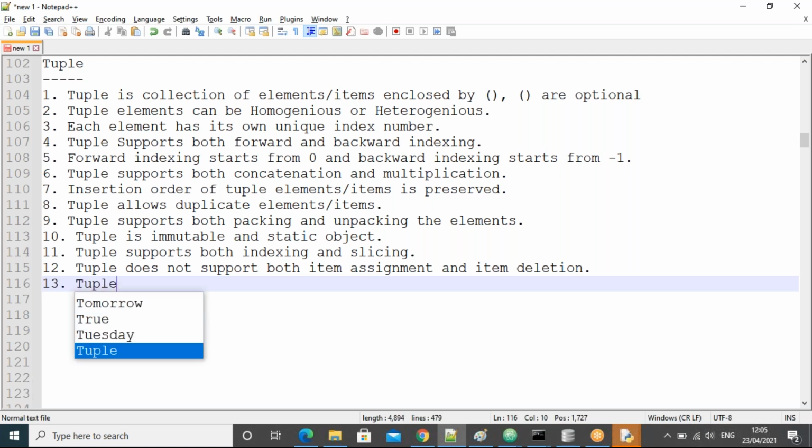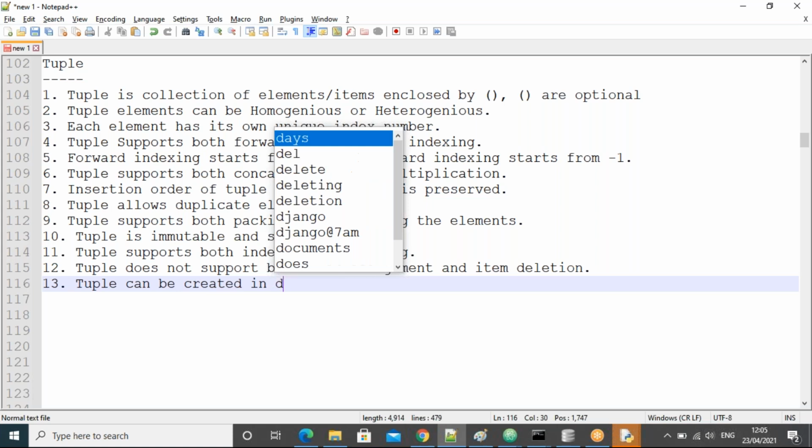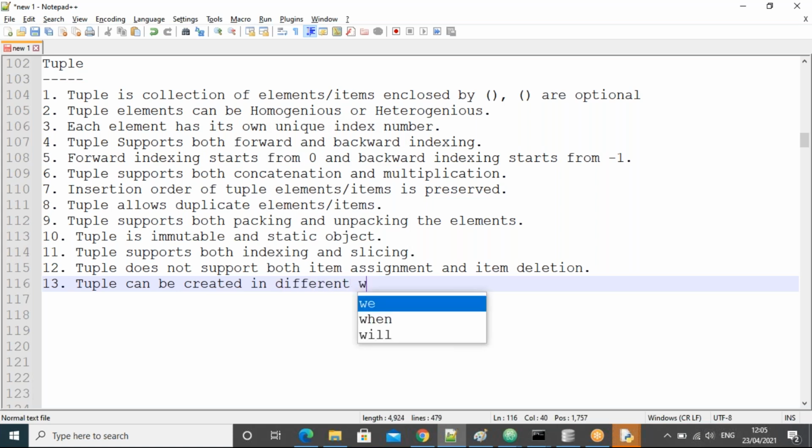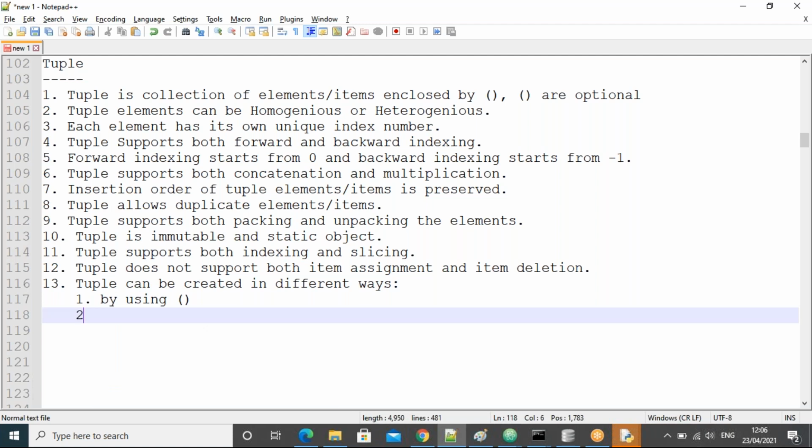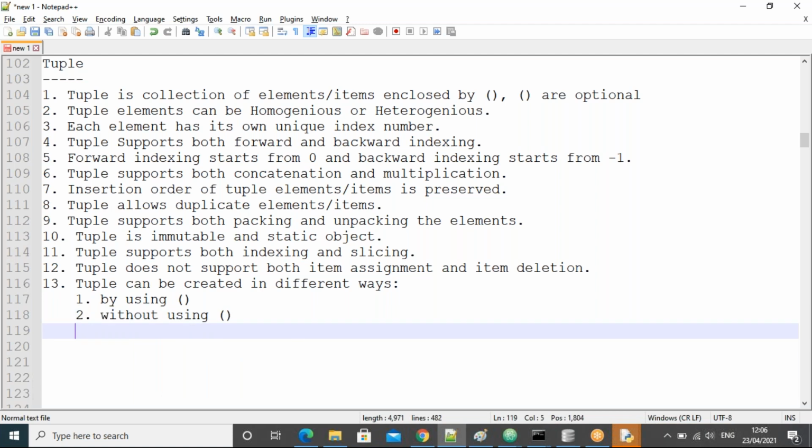Now, guys, tuple can be created in different ways. What's the first way? By using parentheses. Second one, without using parentheses also possible.